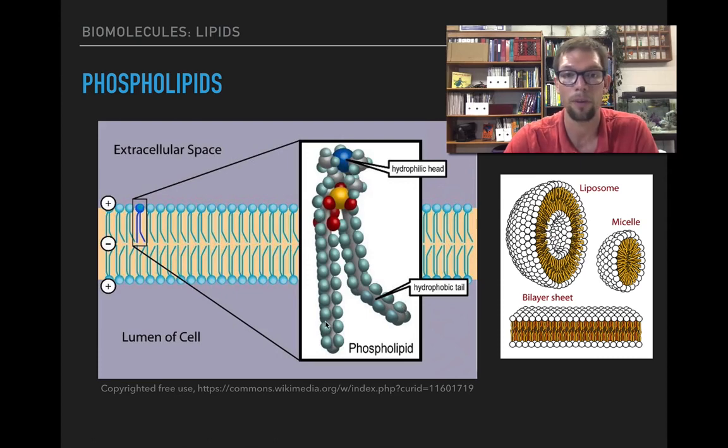Since they are hydrophobic, water is not going to want to interact with them, and water is going to prefer to interact with itself, so these end up getting pushed together, and you have them facing each other such that you have this interior that's made up of the nonpolar regions, and then the exterior of these membranes are out here interacting with the water molecules because they're polar. So you end up with a